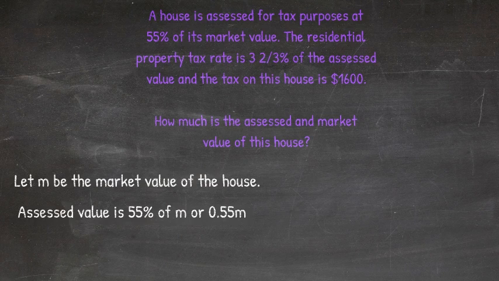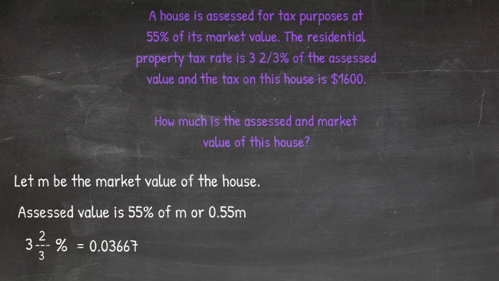0.55m. Remembering that if we have our variable right up against a number like that, it means we're going to multiply. Now, the other information to consider is the 3 2/3% of taxes. Since we've already divided the 55% per 100, we'll do the same with the 3 2/3. The value of 2/3 in decimal form, or 2 divided by 3, is a number of repeating sixes. It is not a terminating decimal, meaning it will continue forever. So we will eventually need to round it, and for the purposes of this question, we will round the value of 3 2/3% to